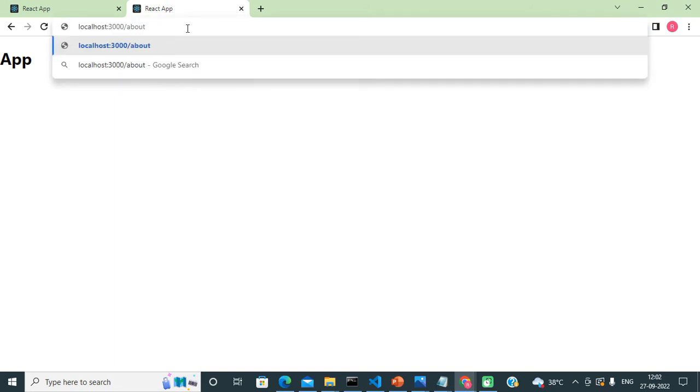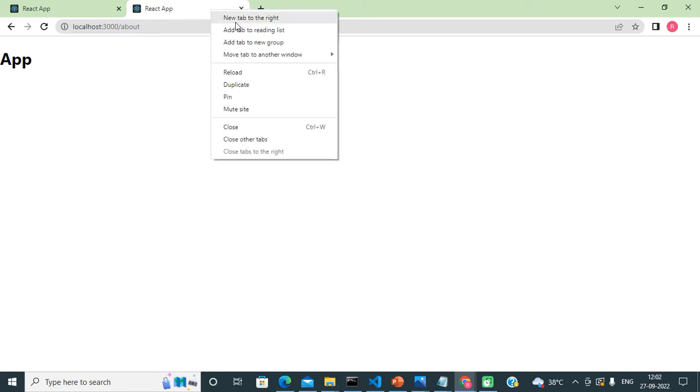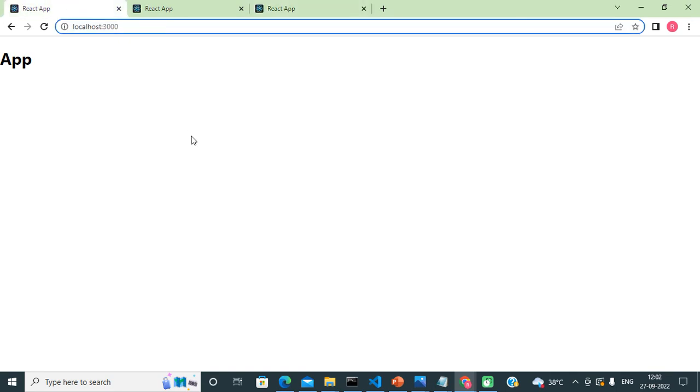So this will be one another URL. Then if we again require another URL, let's say login. So this will be another URL. So you can see for the same application we can have multiple URLs.